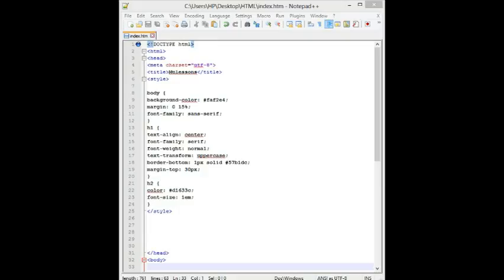Okay, so the next topic which we are going to understand in this tutorial is lists. Humans are natural list makers, and HTML provides elements for marking up 3 types of lists. First one is the unordered list, which is a collection of items that appear in no particular order. Second one is the ordered list, a list in which the sequence of the items is important. And the third one is the description list, a list that consists of name and value pairs, including but not limited to